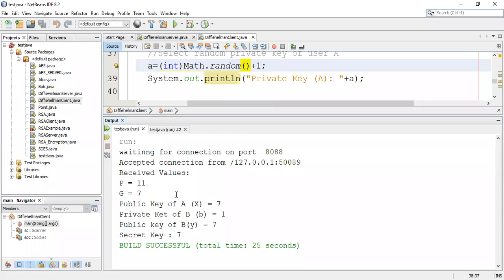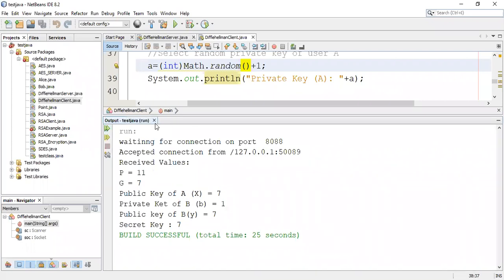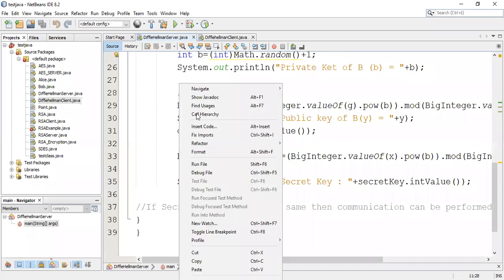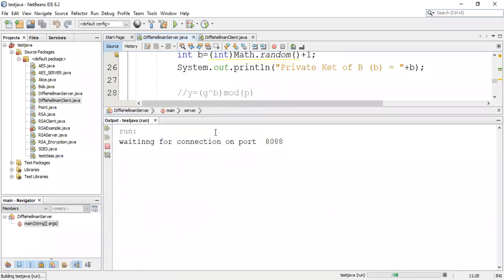Now again I'm going to execute. Just have to close this. Okay. Any other number I have considered is larger. Already they told you that you can consider a larger prime number. Okay. So suppose any larger prime number I have considered.